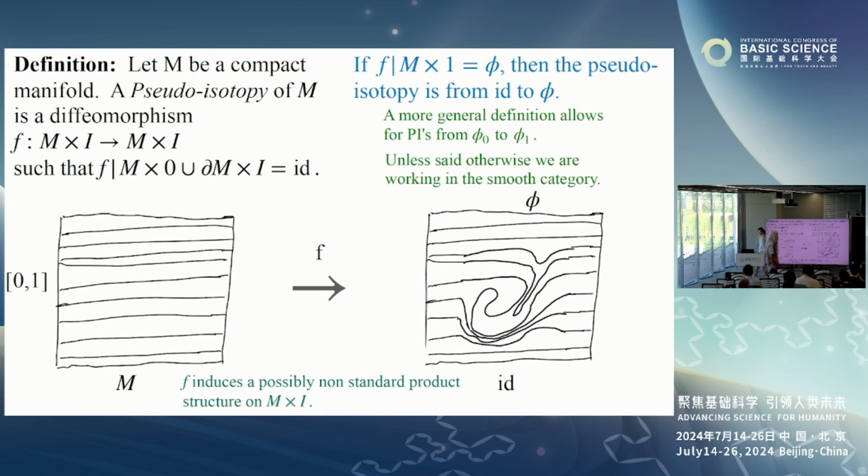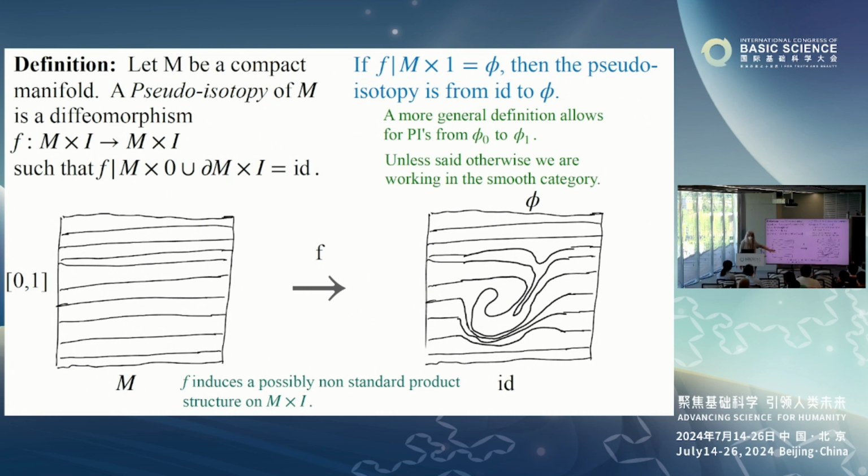Really, pseudo-isotopy is a way of assigning a non-standard, typically, product structure on M cross I. To me, coming from low dimensions, it's kind of surprising that such a thing exists. But what's interesting is that this is a way of relating the identity map